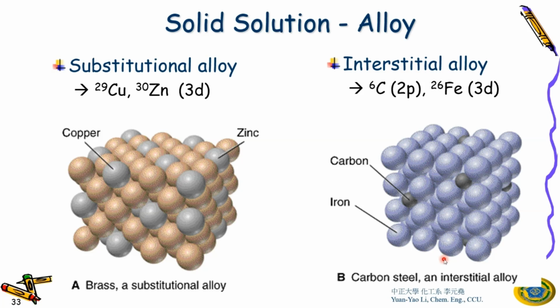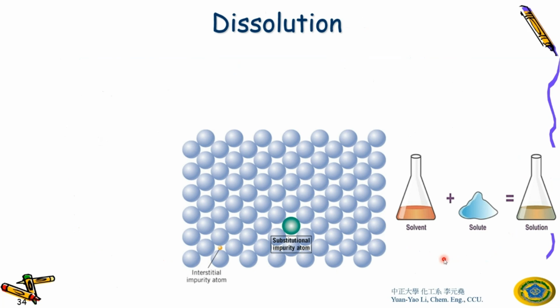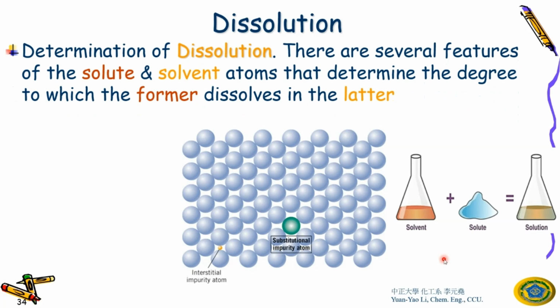Now this solution tells you that you have a limit to put the solute into the solvent to become a solution. So the important thing is you have to dissolve the solute into the solvent. And there are four factors, and please remember these four because these four are very important for substitutional